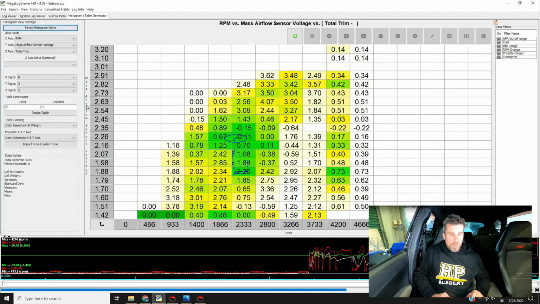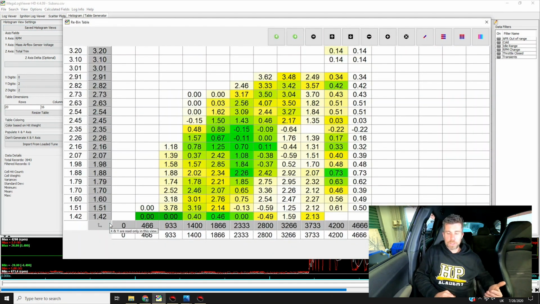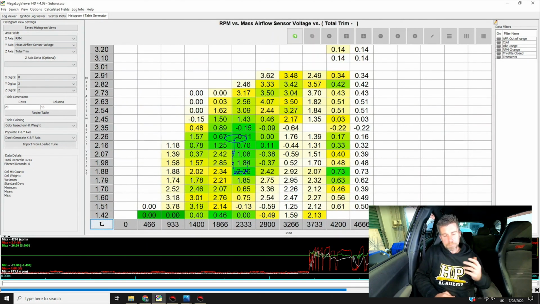We've got a few more ways of manipulating this. We can set up the number of rows and columns for our table, again, just to match broadly the data that we want to collect. If you want to, you can click down here, and you can also set up the axis breakpoint. So it just depends how fussy you want to get here.